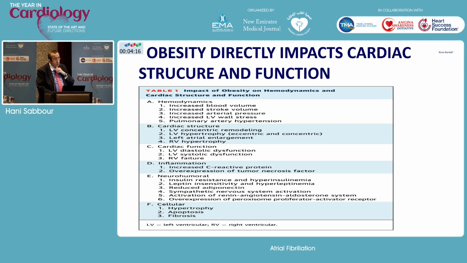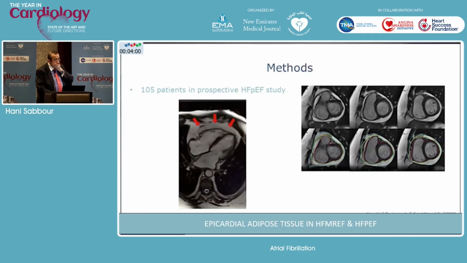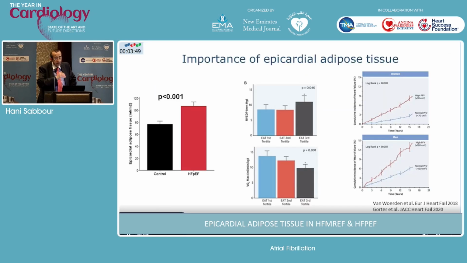Other effects that cause atrial fibrillation, including hemodynamic, LV remodeling, stiffness, insulin resistance and neurohormonal activation, sympathetic overdrive, and fibrosis, in the atrium as well as the ventricle. There's a direct link between all of this and obesity. This is a beautiful study where they looked at epicardial adipose fat. I don't know if you can see this, but they actually measured it quantitatively in the green and red bars. And this is extremely important to recognize. Increased epicardial adipose fat contributes to a significant increase of heart failure with preserved ejection fraction and atrial fibrillation. Look at this. This is going to be coming very soon to every MRI that you're doing.